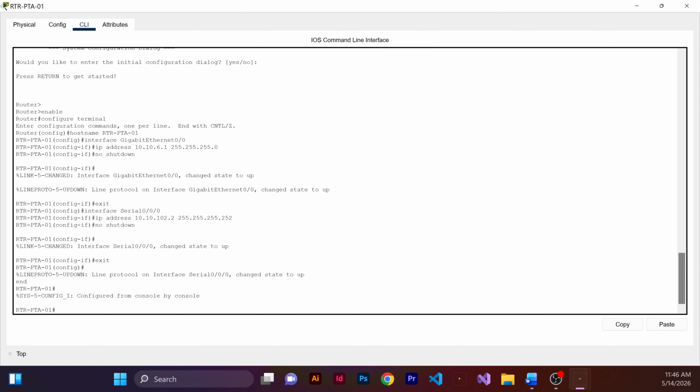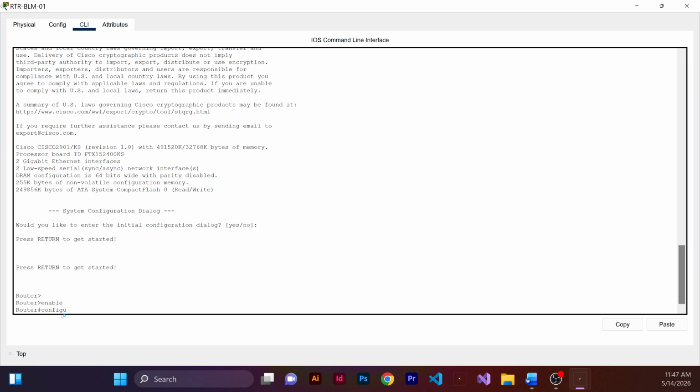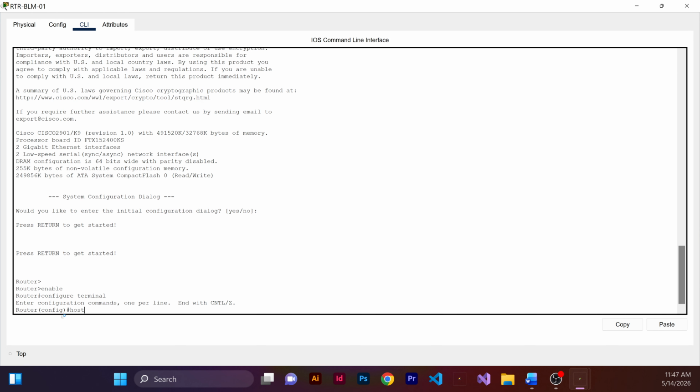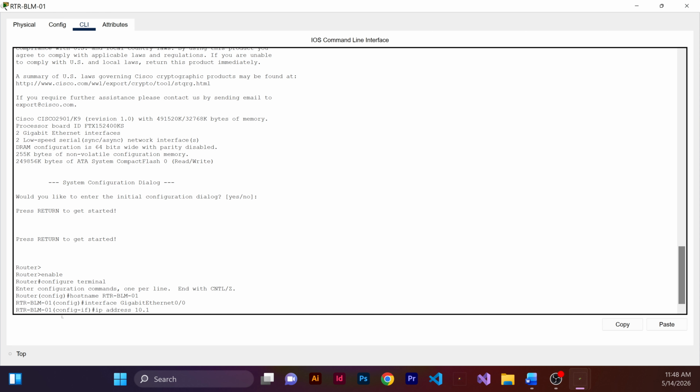Okay, now let's go to Bloemfontein and then enable, and then configure terminal, and then hostname RTR BLM 01, and then interface GigabitEthernet 0/0, and then IP address, it's 10.10.7.1, and then it's also a /24 network,